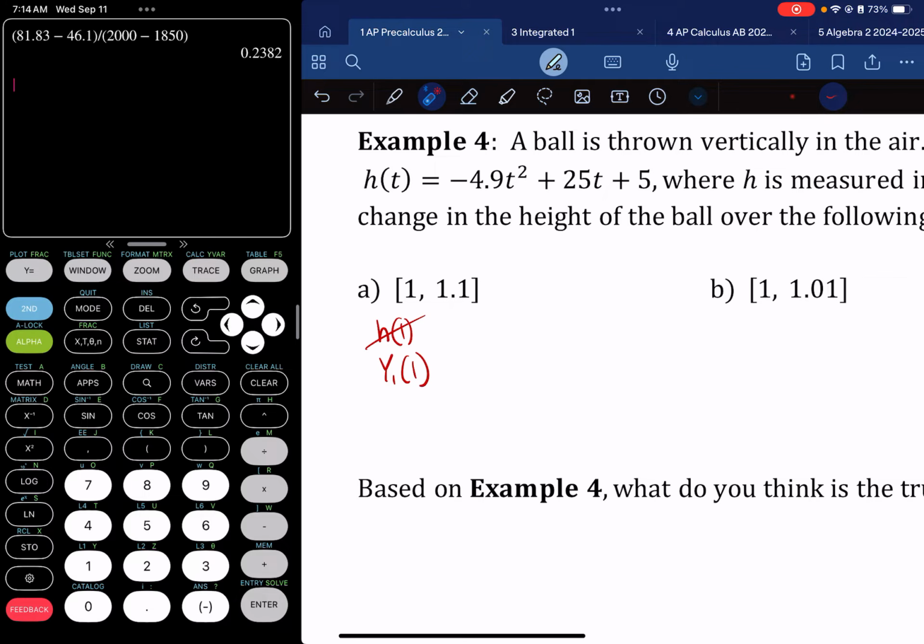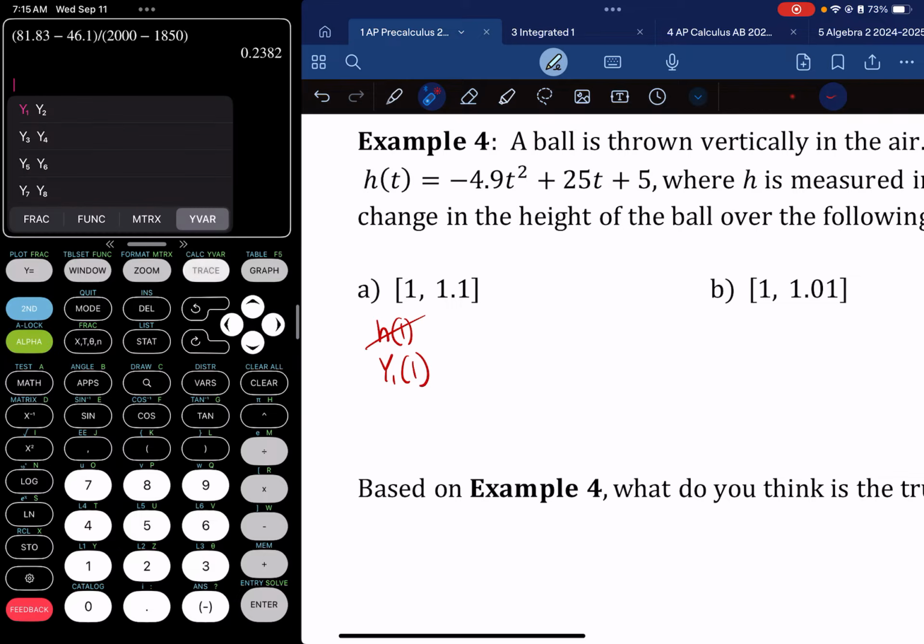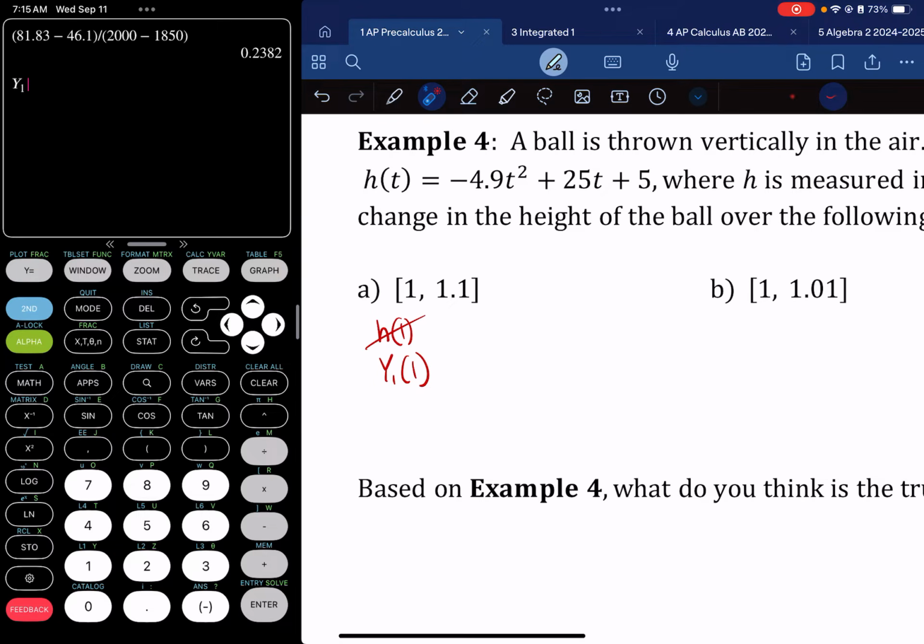The way that I do that is I'm gonna hit alpha trace. So alpha is that green button on the left, it's now turned red. And then if I hit trace, which is in between zoom and graph, it will do the y variable key. And it says, okay, which y variable do you wanna use? Which function do I wanna use? I'm just gonna hit enter on my y1. It says y1. And I'm gonna start my parentheses and type in 1, close the parentheses, and you say, okay,